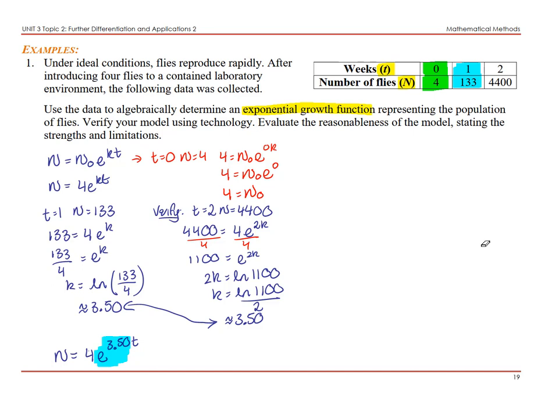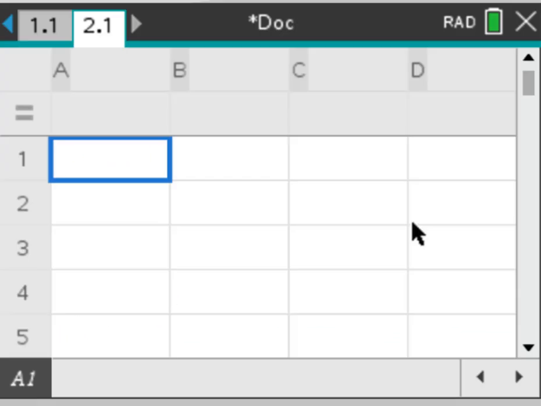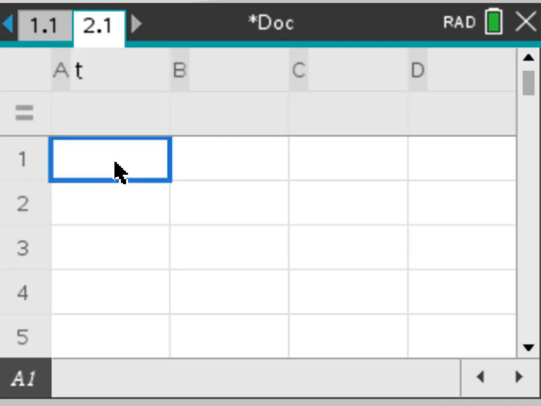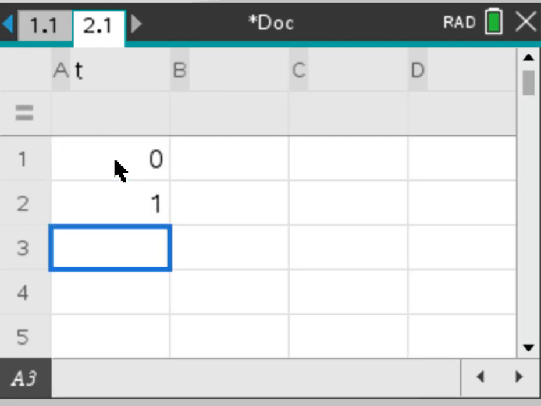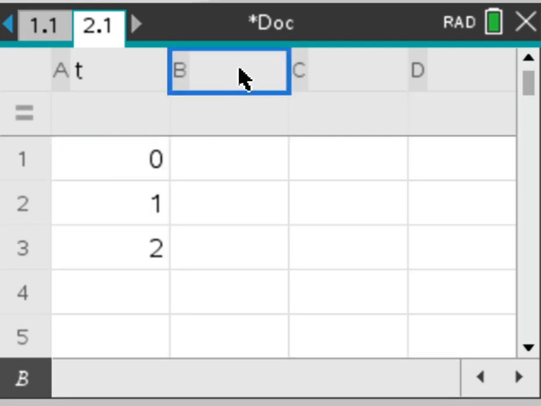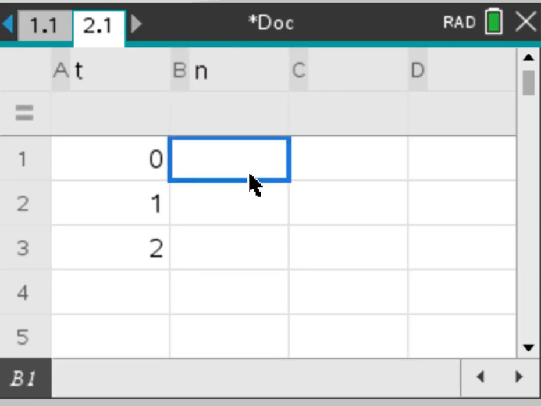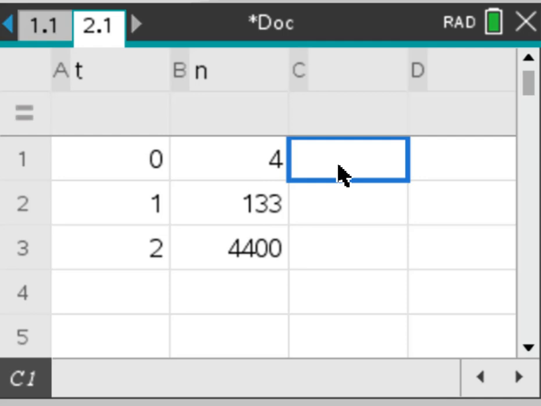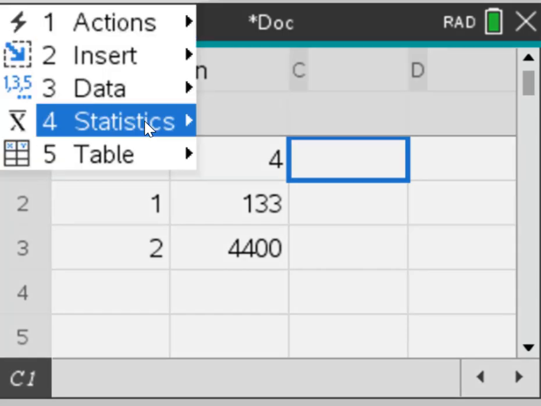Okay, so now let's verify our model using technology by going to our graphics calculators. So we're in lists and spreadsheets. In our first column, we're going to have T. Using our data table, 0, 1, 2. In our second column, we have N. 4, 133, 4,400. Go to another cell, menu, statistics,